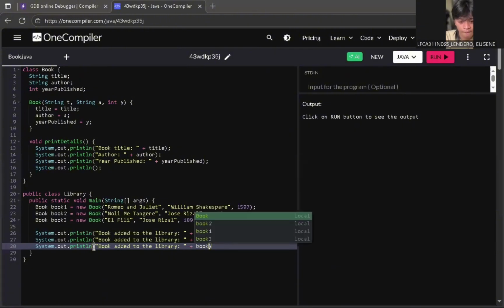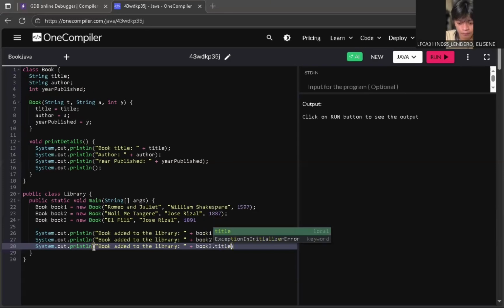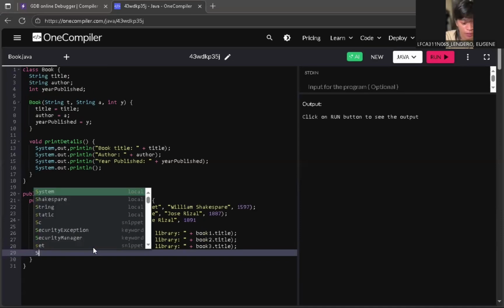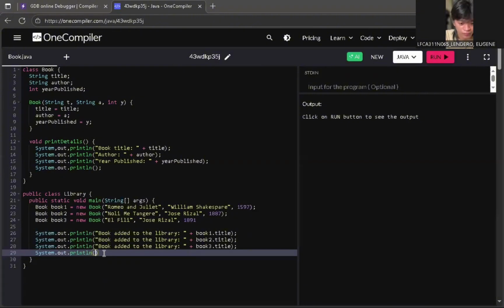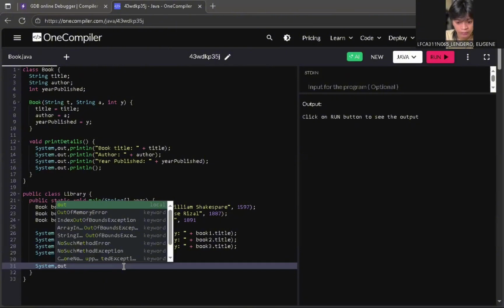Then to be able to print it clean and formatted, we have to declare System.out.println, and this time we put parentheses and leave it blank, then semicolon. Then also we have to declare System.out.println, open parentheses, within quotes Library.